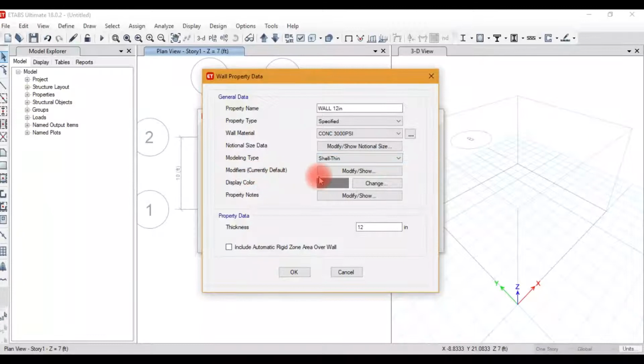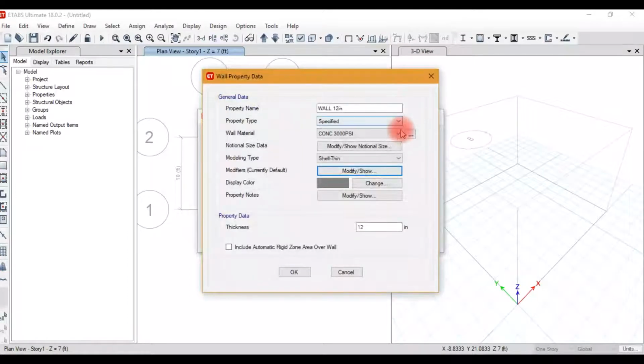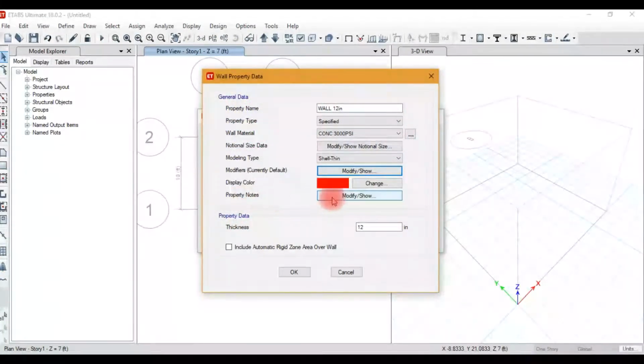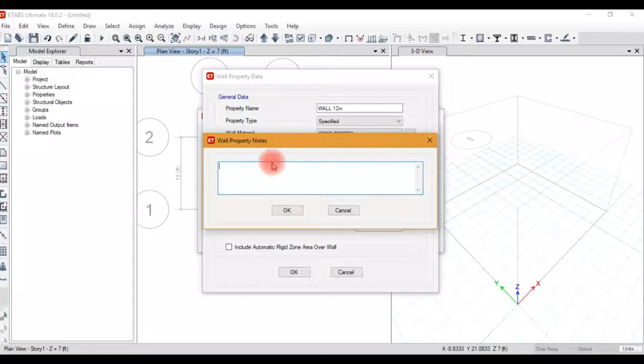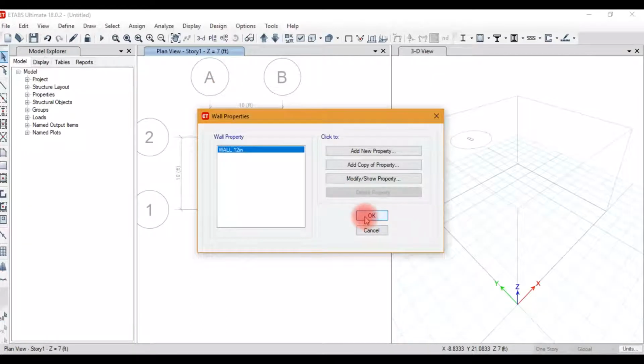Modifiers: if you want to change the modifier, you can change here, but we kept the same display type. You can choose any color, for example I choose red. Property notes: if you want to add notes you can write here. Thickness 12 inch.